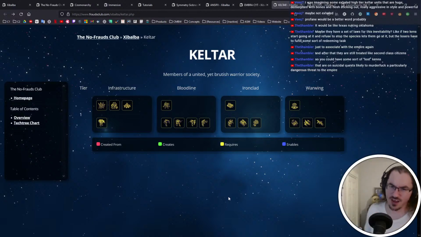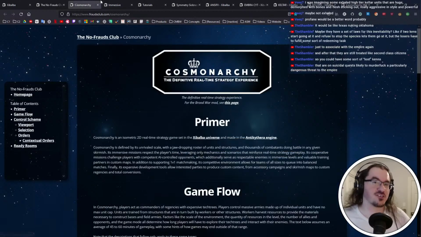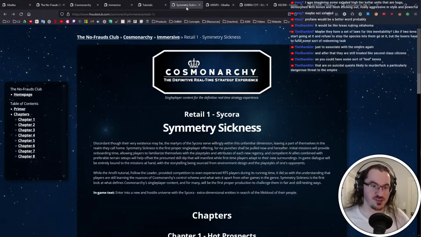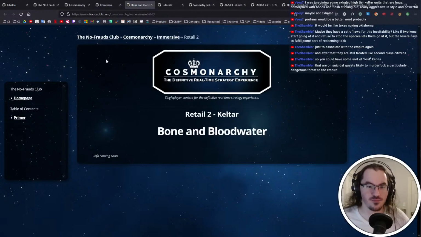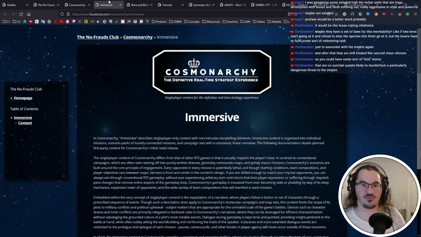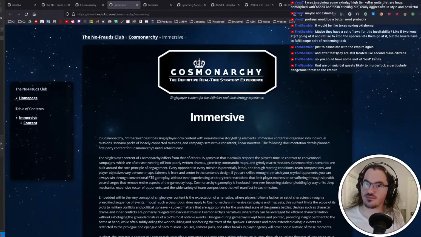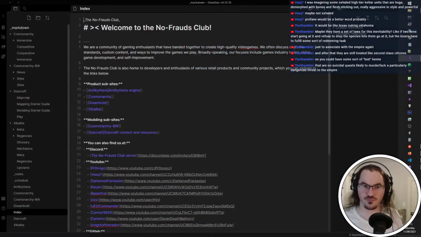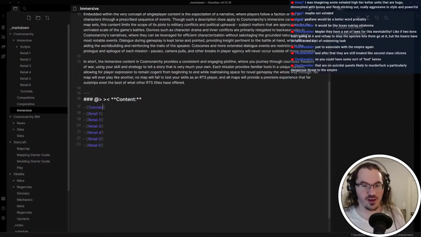That's a common sort of, if you want to call it a trope, that's a common thing that could happen for Keltar. Now the Keltar are not planned to be involved in Symmetry Sickness, and they are planned to be the second campaign. So I don't actually know what's going to go on there. That to me seems a bit tough, actually. But yeah, I think there's a lot of